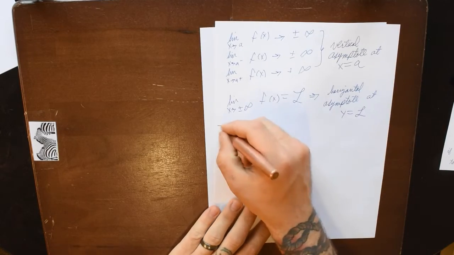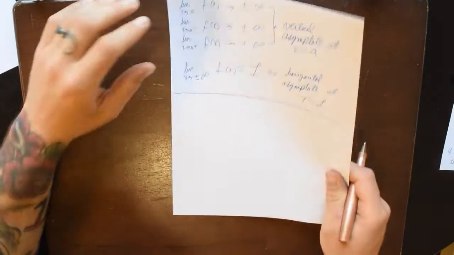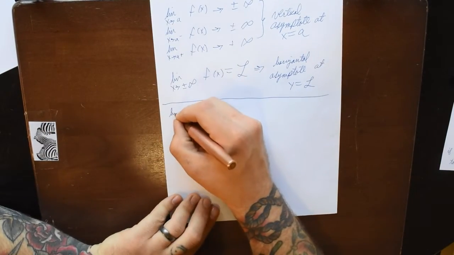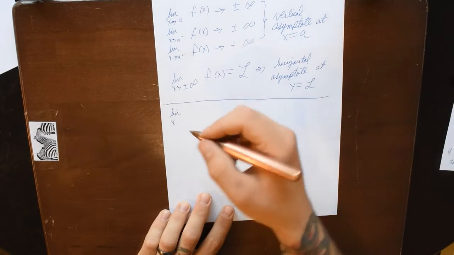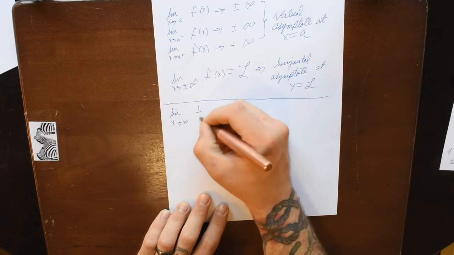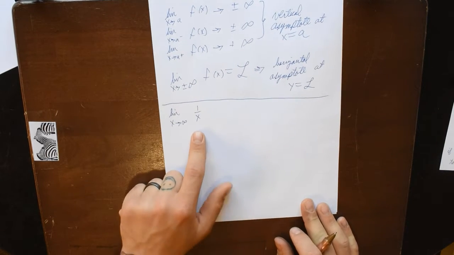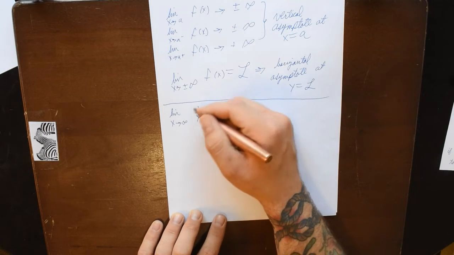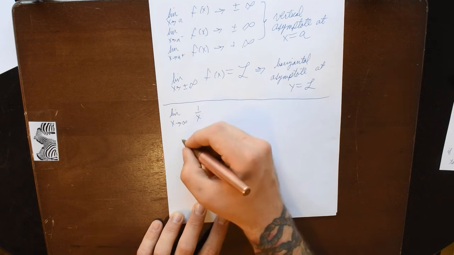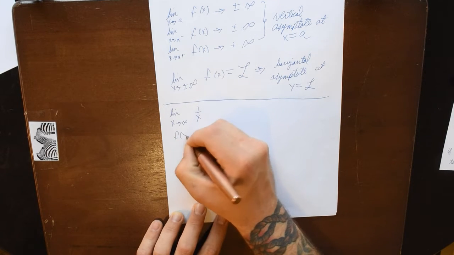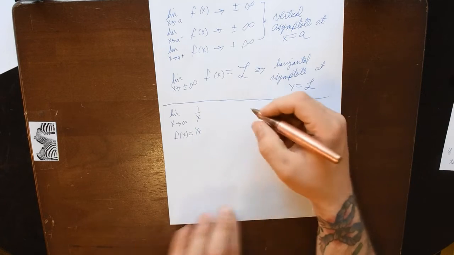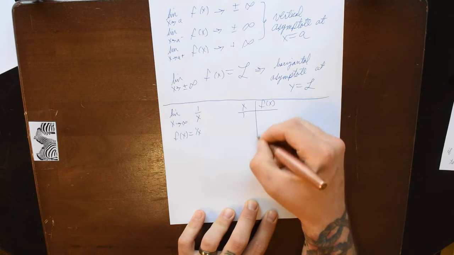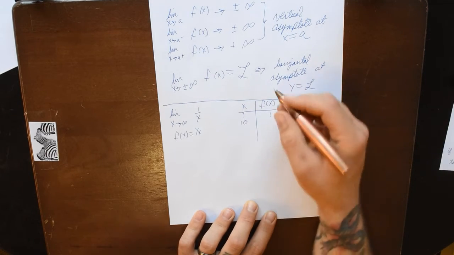Okay, so we'll build up to a theorem by observing what happens as we let x go out to positive infinity of 1 over x. Now our denominator is going to grow without bound. So I'm going to write a pattern in these y values. Let's call f of x 1 over x. We'll have an x and a f of x column. We plug in 1, well 1 over 1 is equal to 1. We plug in 10, 1 over 10 is a tenth,